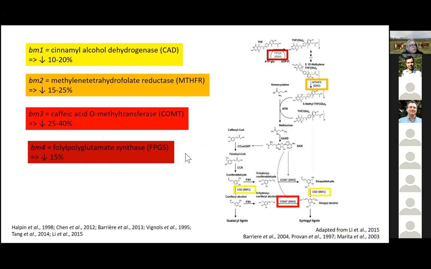Now, the first four mutants are the ones that I'm going to talk about early in the first part of the talk. Brown midrib 1, 2, 3, and 4 have been defined, and I'm not going to slog through the names of each of these because this is taped and will be recorded for infinity. But you can see that brown midrib 1 and 3 are further down in the monolignol pathway. Brown midrib 2 and 4 feed into the lignin pathway, so they're before the monolignol pathway. And they have reduced lignin 10 to 20% for 1. Brown midrib 2 is 15 to 25%. Brown midrib 3, 25 to 40, and brown midrib 4 is 14% or 15%.